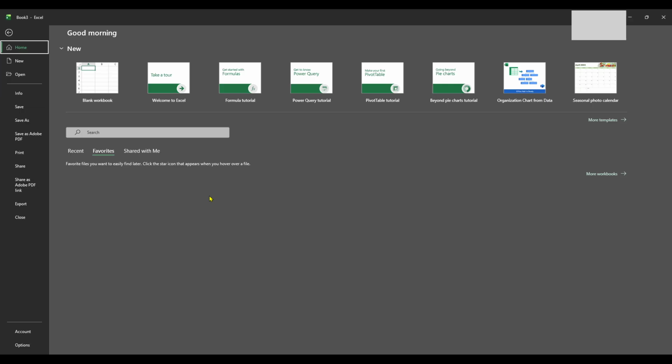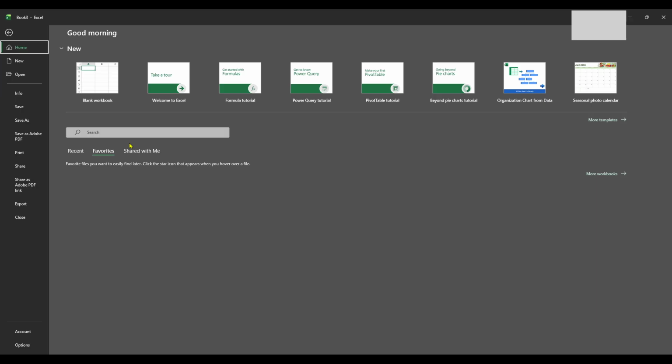Once you are in the Excel app, the next step is to select a document you want to work on. For this, navigate to the File menu. Here you'll find a list of recent files, or you can browse for a specific file if it's saved elsewhere on your device. Double-click to open the document. Remember, having all your relevant documents located in one folder can help you find and access them quickly.